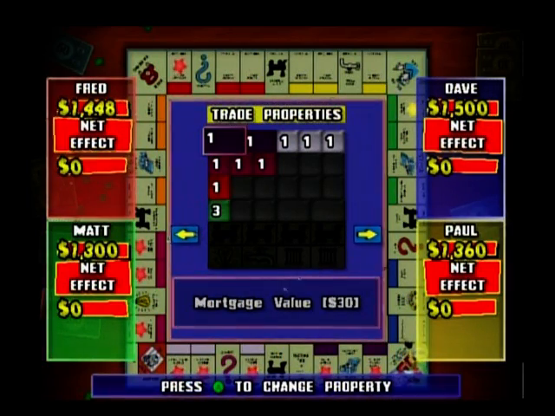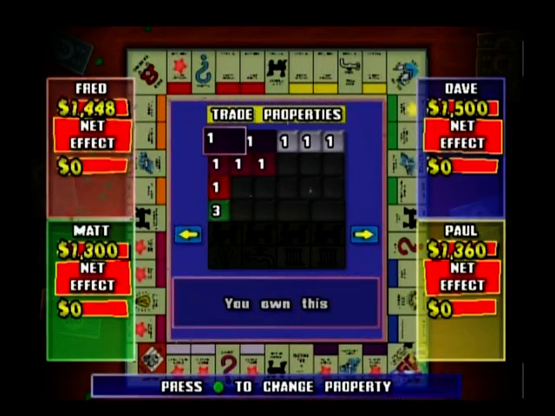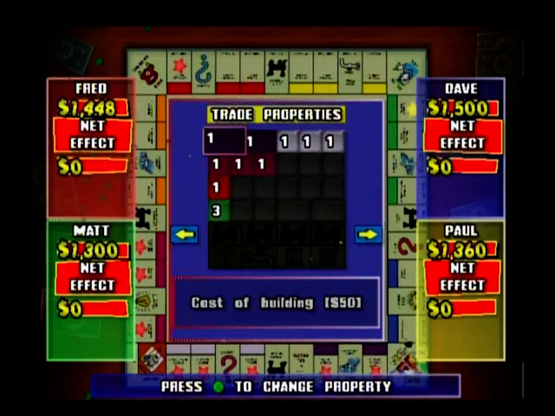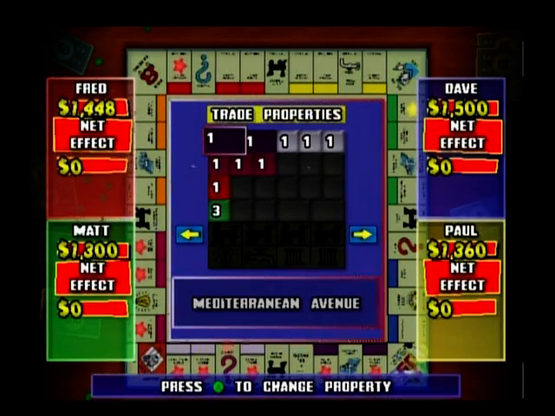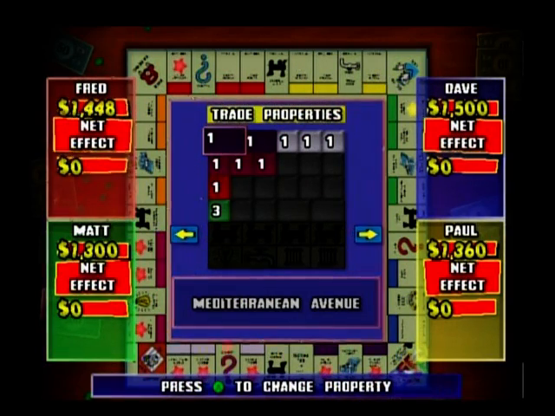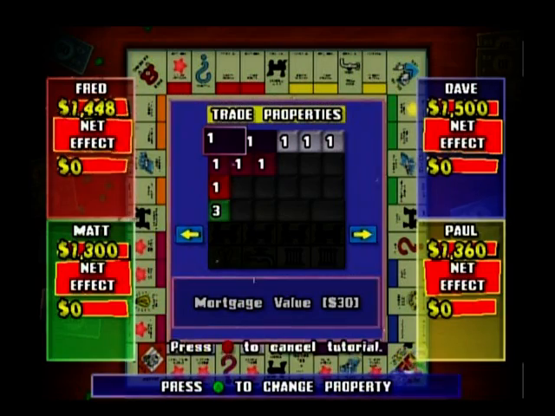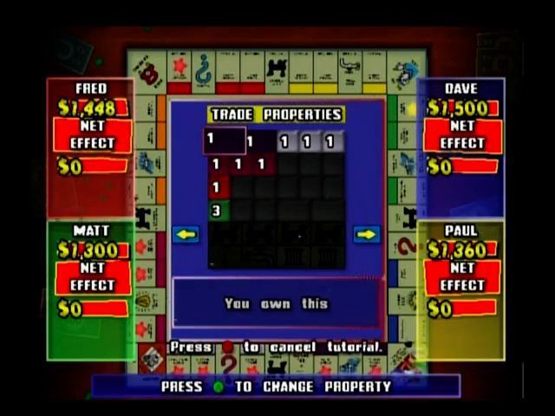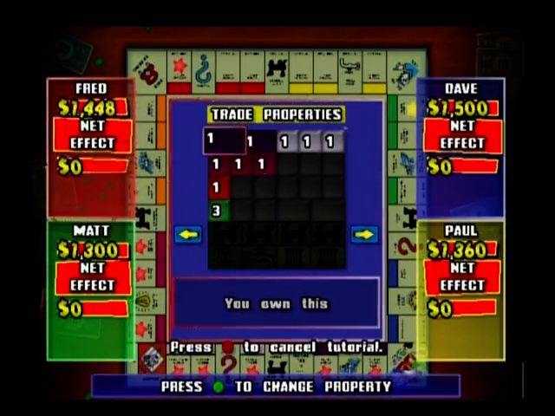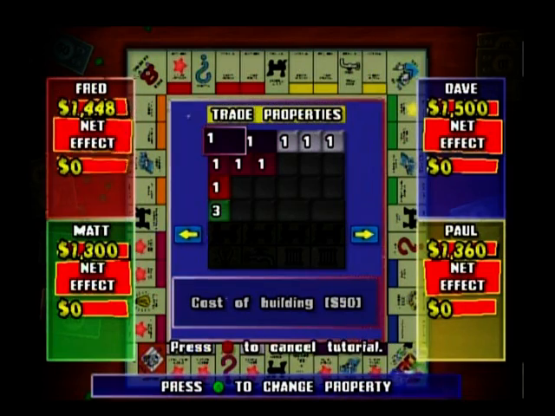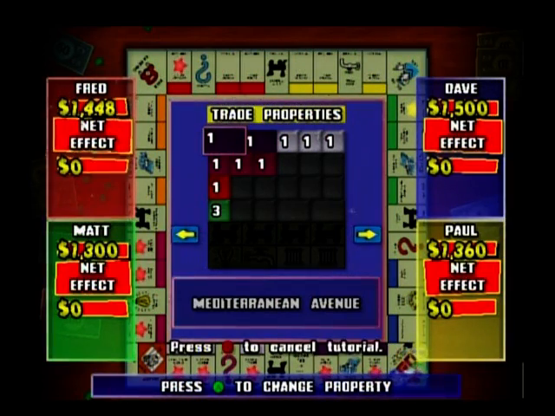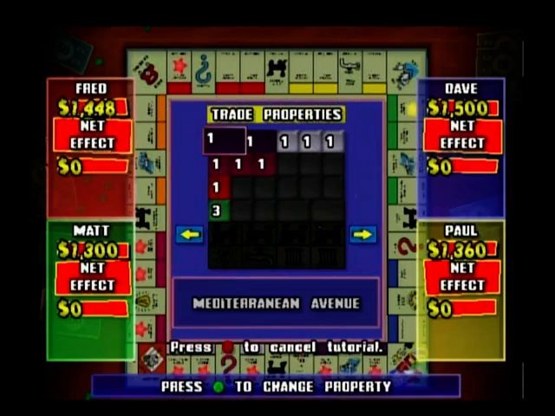The purpose of this interface is to set up the property grid to show who will own which property once the trade has been completed. This makes it easier to set up trades between 3 or even 4 players. Let's assume that player 1 wants to trade Kentucky Avenue to player 3 for Pacific Avenue. To do this,